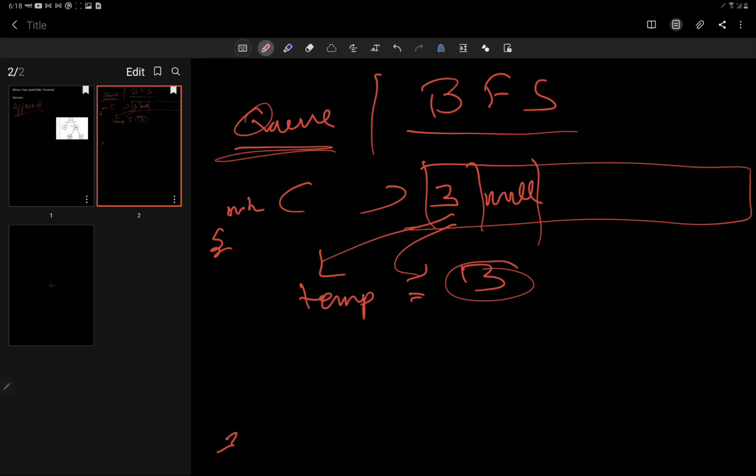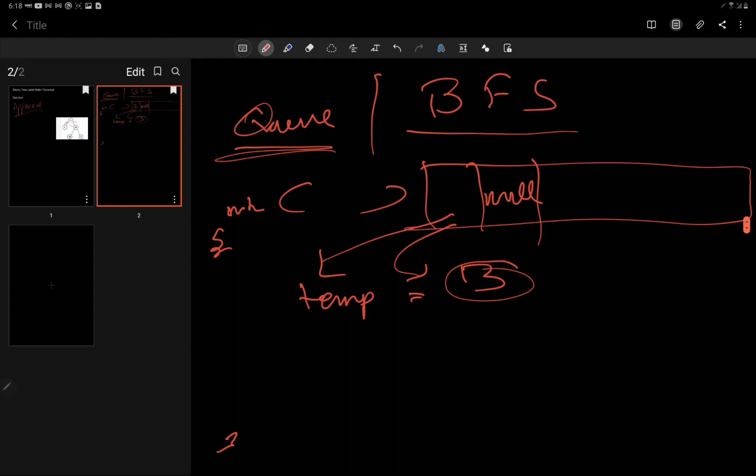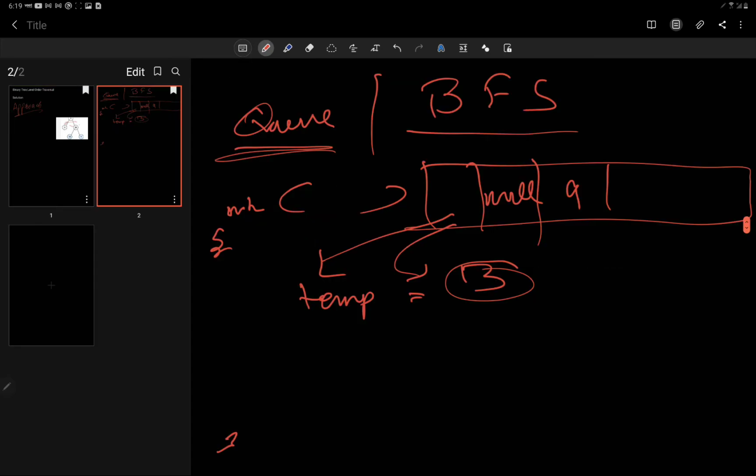Alright, if it's not null, we will check if the node has a left subchild, that is node.left is not equal to null. If so, then, because we have popped out the element, so it won't be there, now we will add its left subchild into the queue. So now after adding its left subchild, we will check for the right subchild. So over here the right subchild is also not null. So if it's not null, we will just push it into the queue.